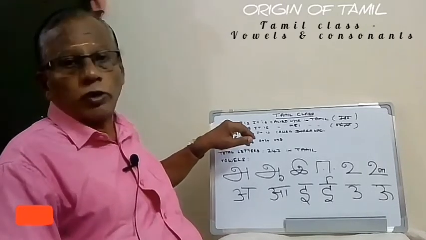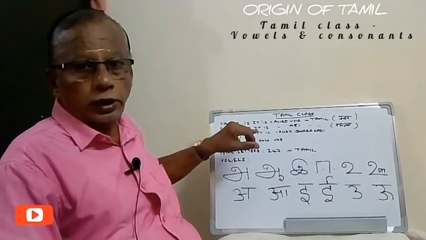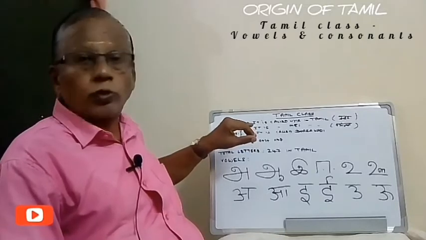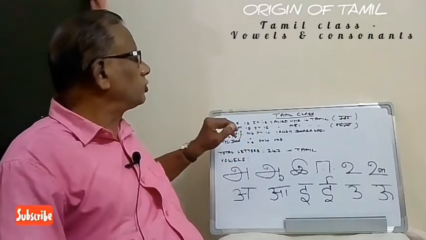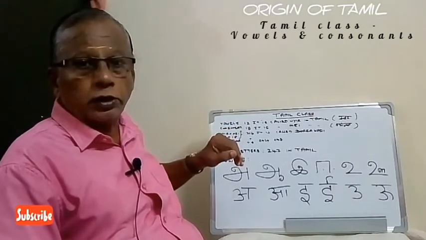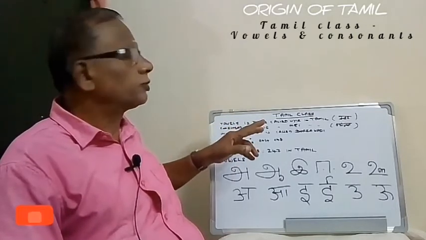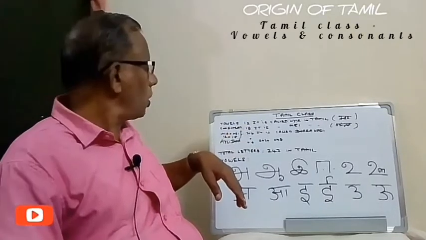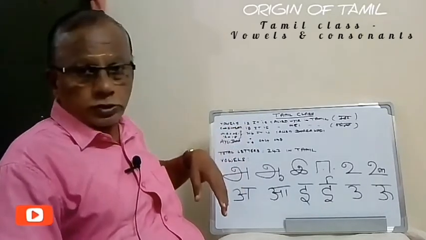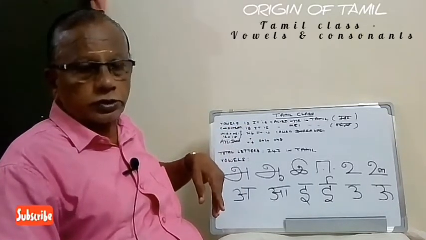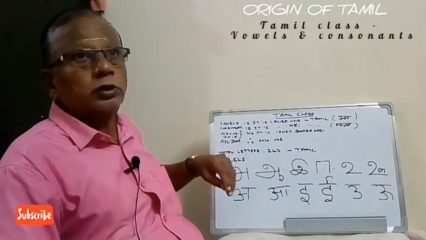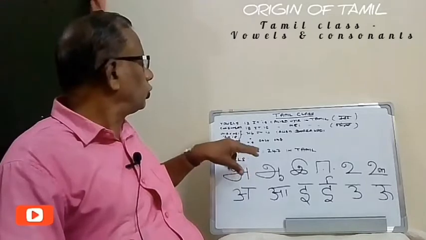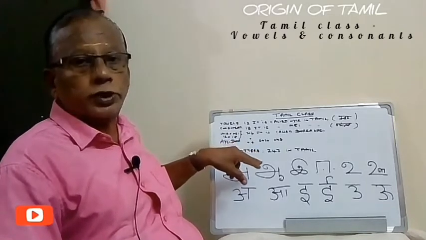There are vowels, what we call swara in Hindi. There are 12 vowels in Tamil. And the consonants, we call Mei Elithu, that is Vyanjan. It is 18. And the combination of these is 216 letters. And there is one special letter called Ayudha Elithu. One letter. So the total comes to 247 letters.